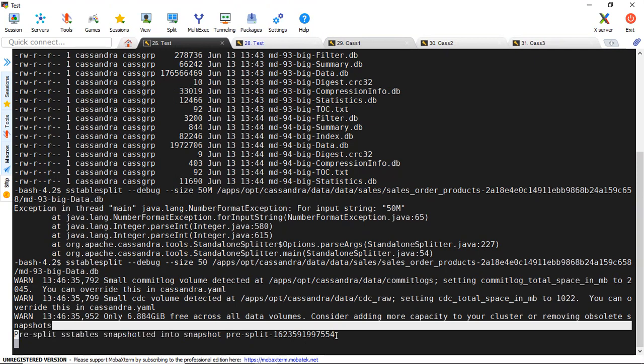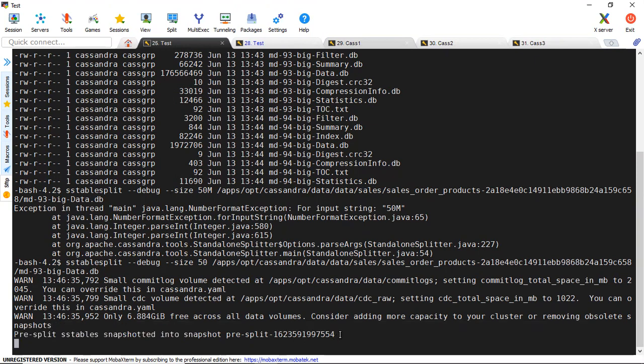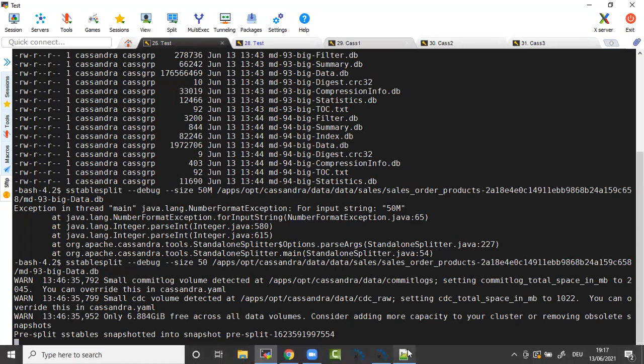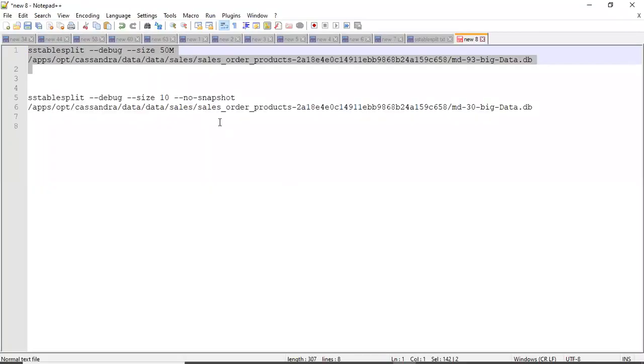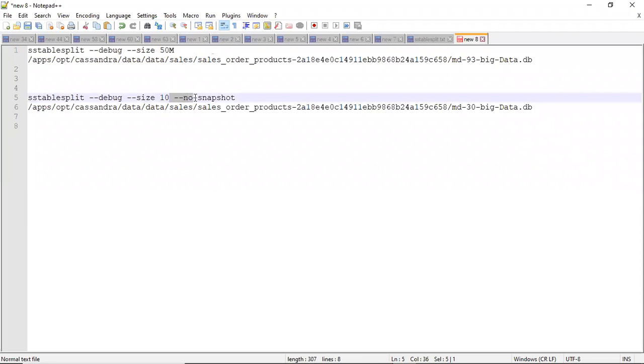That is one advantage, so it is automatically taking a snapshot. If you don't want that snapshot to be taken, you can pass one more option saying no snapshot, so it will not create a snapshot of your SS table before splitting it.